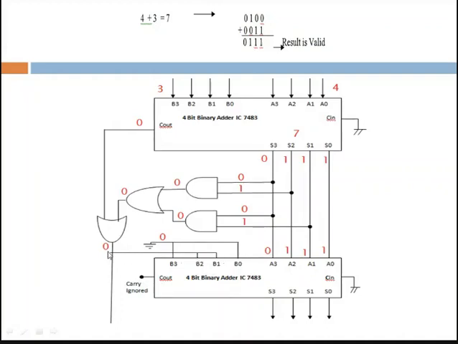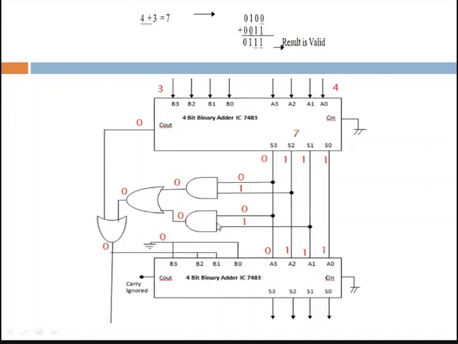So here you are getting a 0 output. So the B2 and B1 bits will again be 0 0. So all 4 bits are now 0000. So add with these bits, that is 7. So 7 plus 0, we are getting the final answer as 7. In this way you have to make the arrangement.